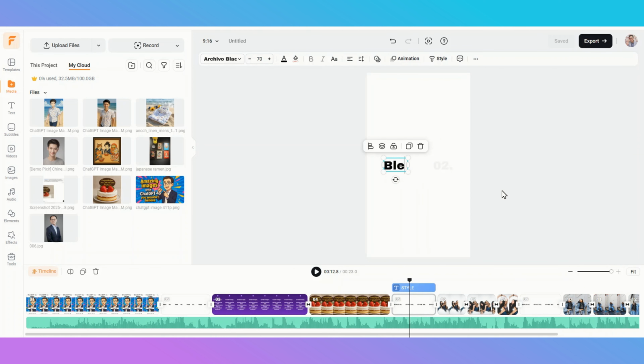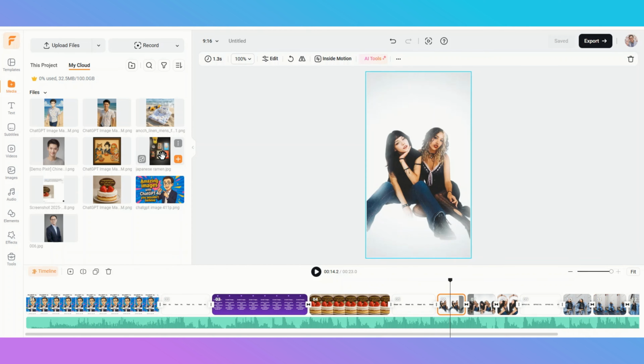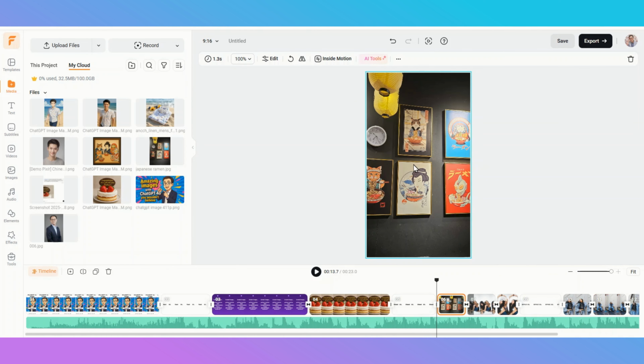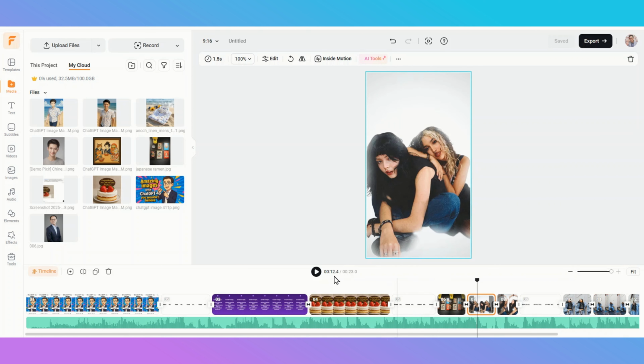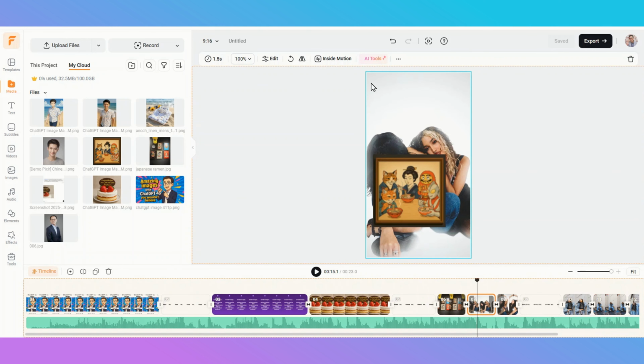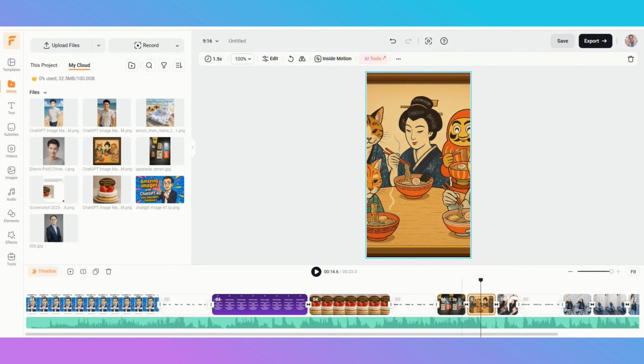My next message is blend. And here I feature this picture. It's a picture of different characters eating ramen. I use ChatGPT to blend all those images into this, and there it is. And when you play it,